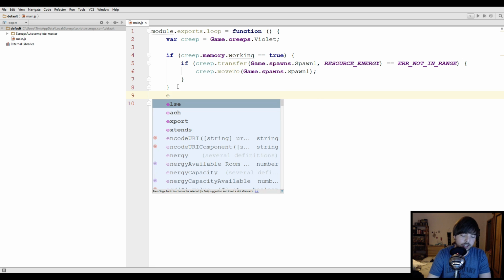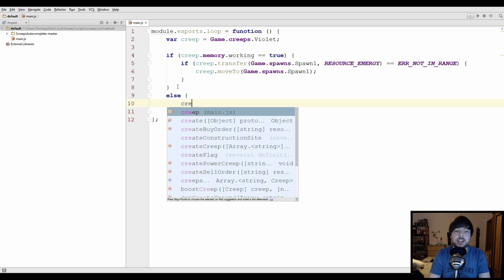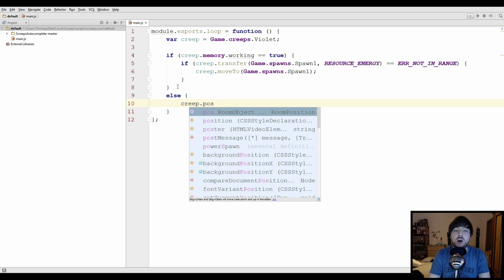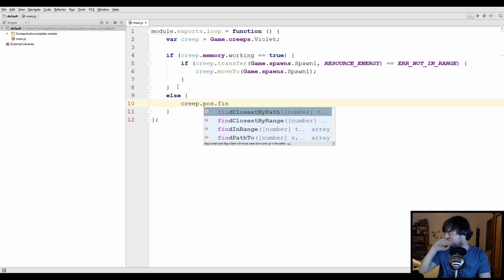What do we do if we're in the different state, if we're in the state where we're not working and we want to harvest energy? So first we have to find the closest source. So we're going to do that by using the creep.pos property. The pos property is the room position, which is basically an object which stores a bunch of useful information and has a bunch of handy functions. And the one we're going to use is find...